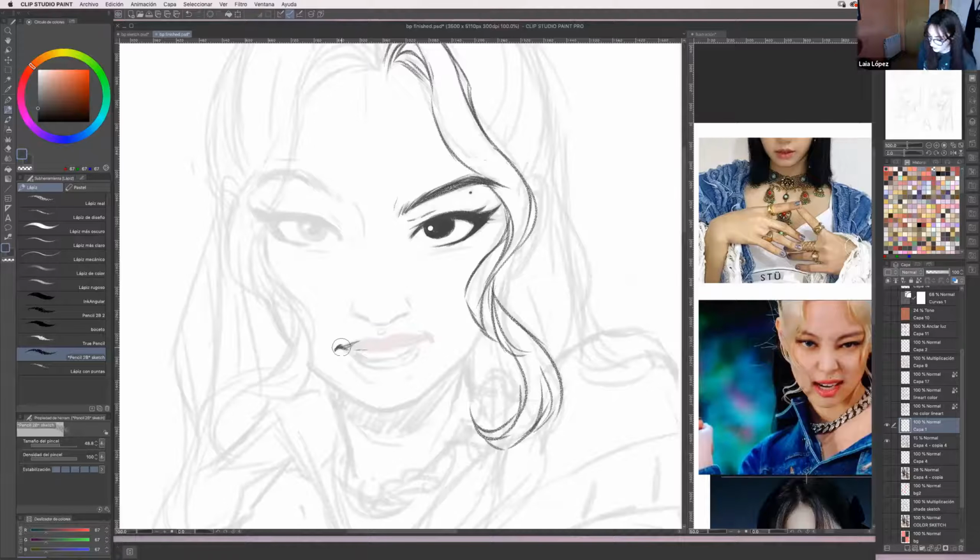I think I said before that I always draw the upper lip on the sketch layer, the liner layer. And then I just color the liner, which I think I haven't shown. I don't even remember what I said like 10 minutes ago. I'll show you guys how I do it.